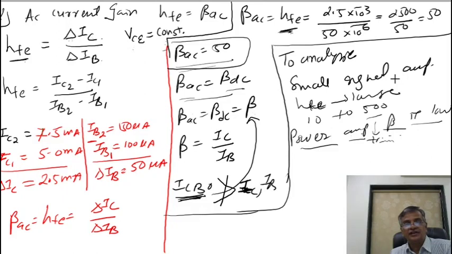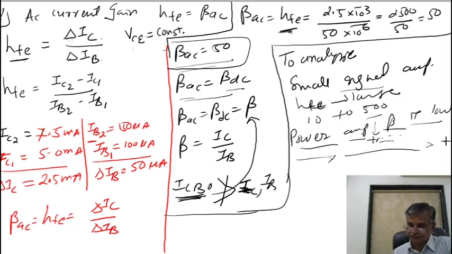For a small signal voltage amplifier, the transistors which are used, like BC108 and AC127, amplify a small signal. For such transistors, beta is large, and it varies from 10 to 500, 600, 700, 800. The value of beta depends upon the type of the transistor. Here is the end of this topic about forward current ratio.